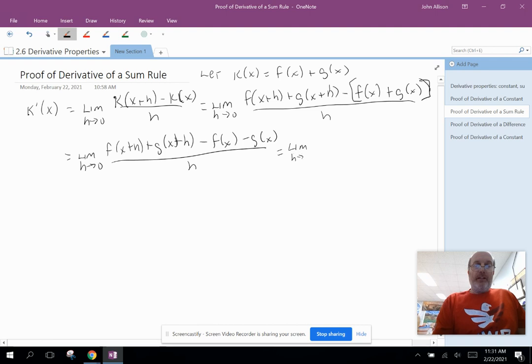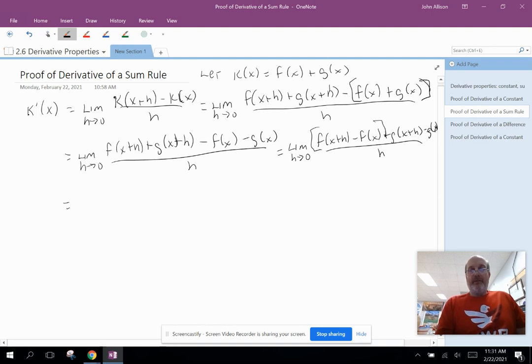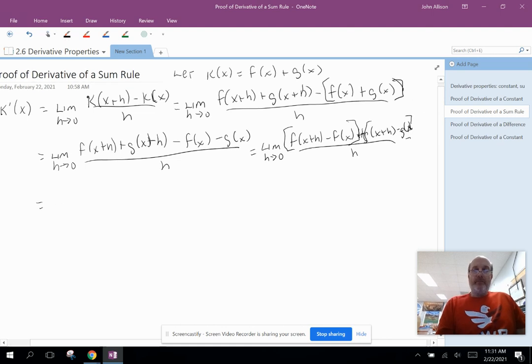And I can reorganize the numerator. That's the limit of f of x plus h minus f of x plus g of x plus h minus g of x, all over h. And because limit properties tell me that the limit of a sum is the sum of limits, I can look at this as the sum of these two quantities